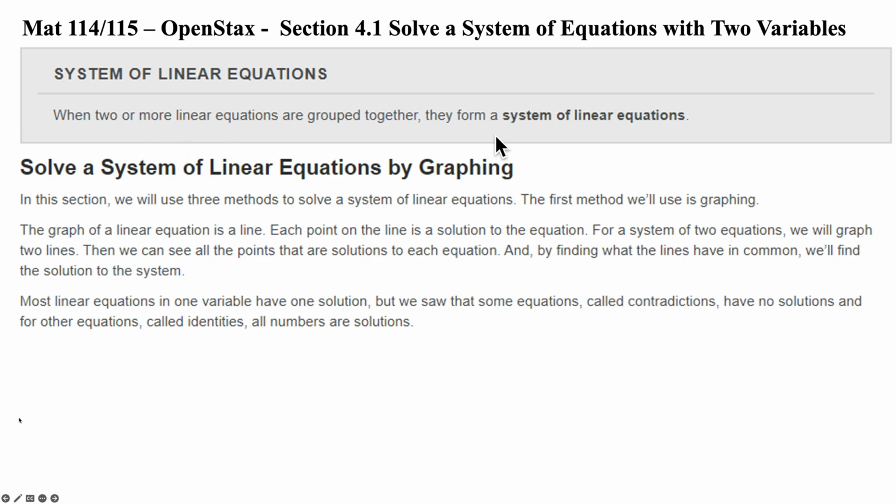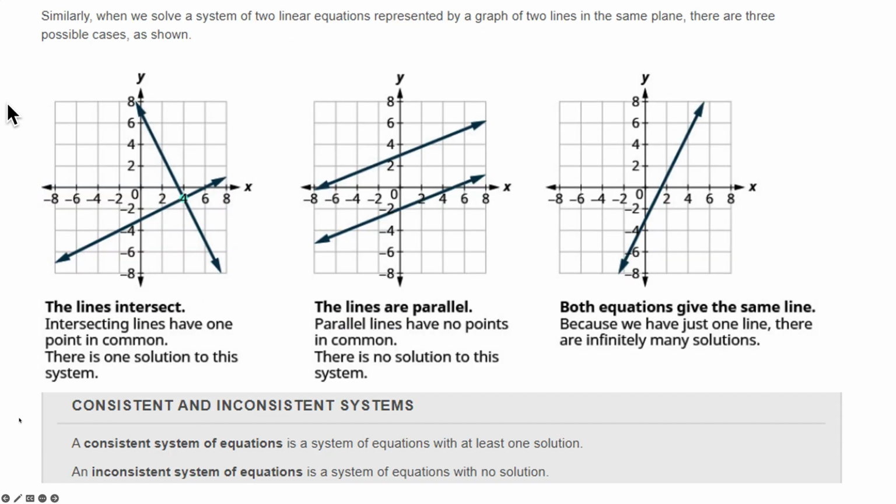All right, what we're looking for is, what do these lines do? Now, these two lines may intersect at one point. They may have parallel lines, or they may be the same line. All right, so if we look at the graphs, here's where two lines intersect. They have different slopes, and anytime you have different slopes, your lines are going to intersect somewhere. So that point right here at 2, 4, down, looks like -1, 4, -1 would be my solution because it's